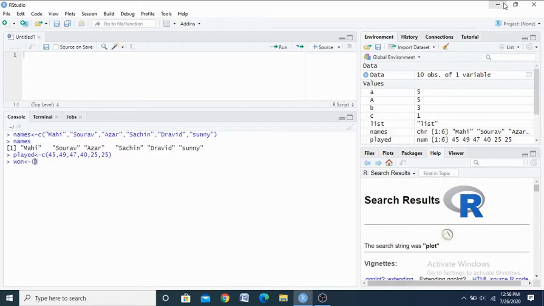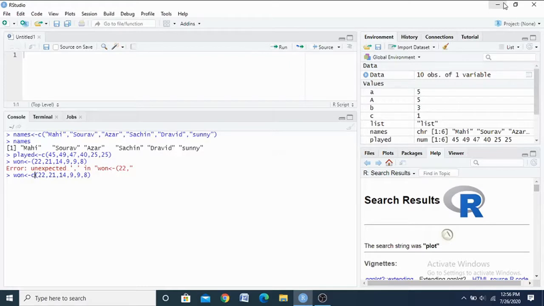I will give you the values one by one now. Just tally yourself: won and lost will be within the number played. I made one error: I missed the c, the concatenation.